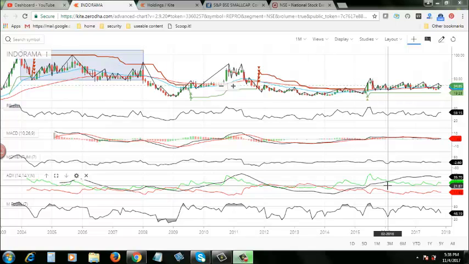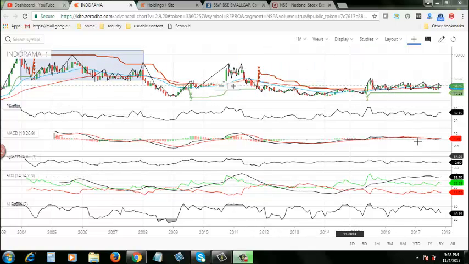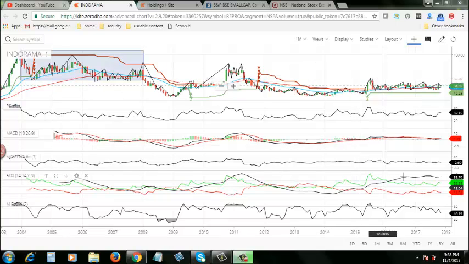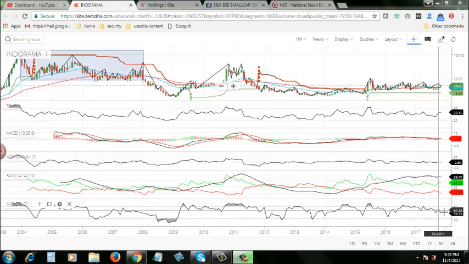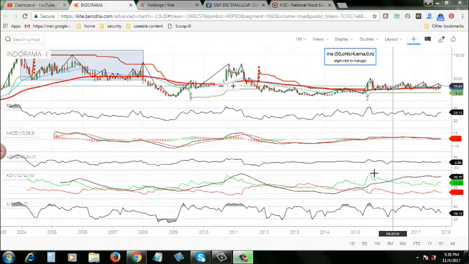Look at the direction strength. Everything is misleading here. Everything is going down, but the strength of the stock is increasing. That's what it is showing here, which is not happening. And look at the money flow. Money flow is going down. So considering all the guiding points of all the indicators,